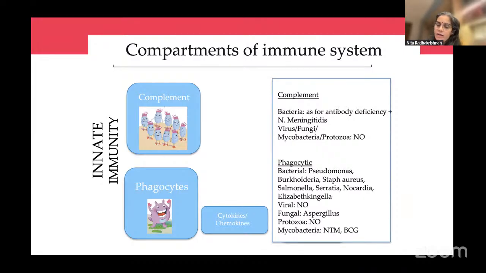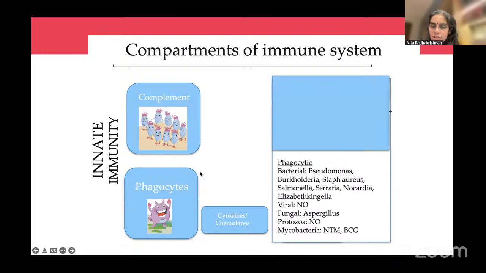For example, Burkholderia, Serratia, and unusual organisms. If somebody comes up with Nocardia, Elizabethkingia, Kingella, etc., then you have to think of specific phagocytic disorders like patients having CGD. So here what evaluation will we do? Your CBC will essentially be normal unless you are going to the neutropenic group of disorders. In phagocytic disorders, unless it is the severe congenital neutropenia group, everything else has neutrophilia. So if neutropenia, you do bone marrow evaluation. But in neutrophilia, then essentially you have to get to nitroblue tetrazolium and dihydrorhodamine tests. These are two tests which will rule out or rule in CGD.